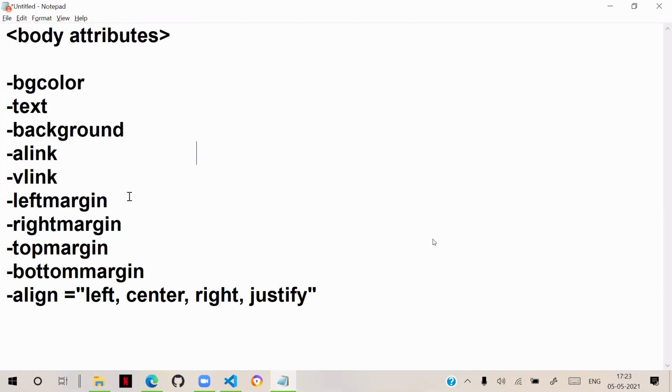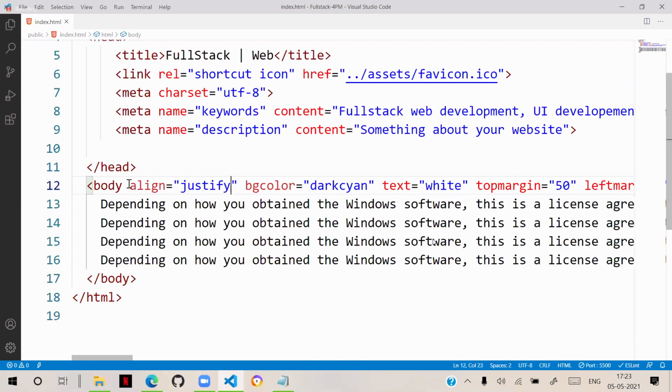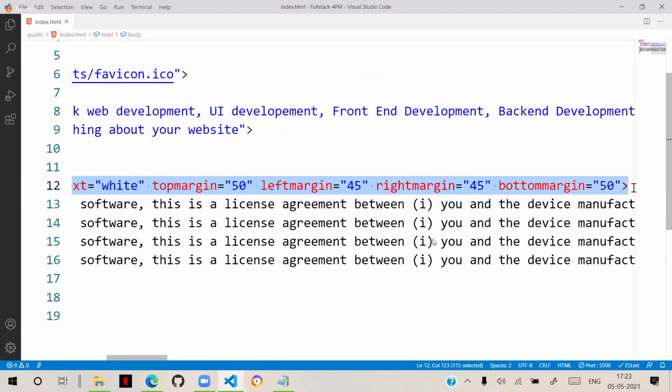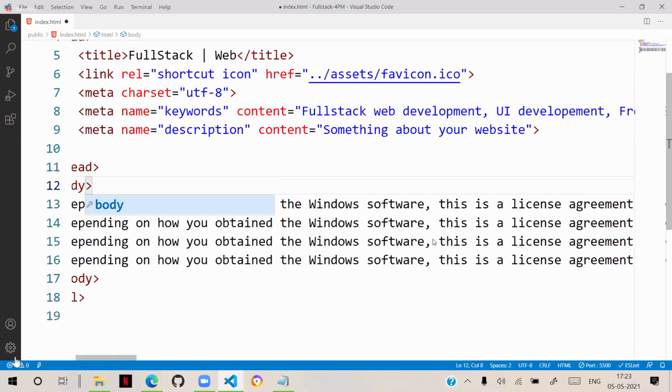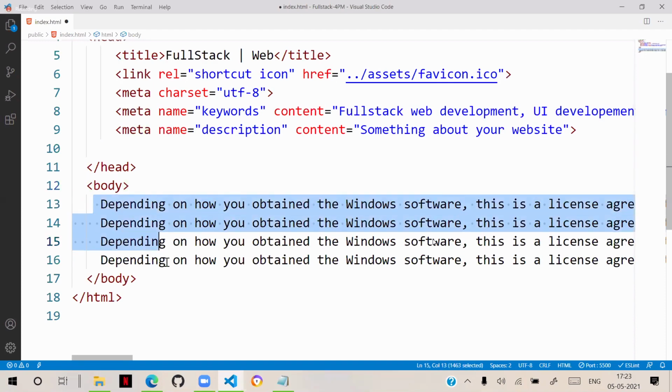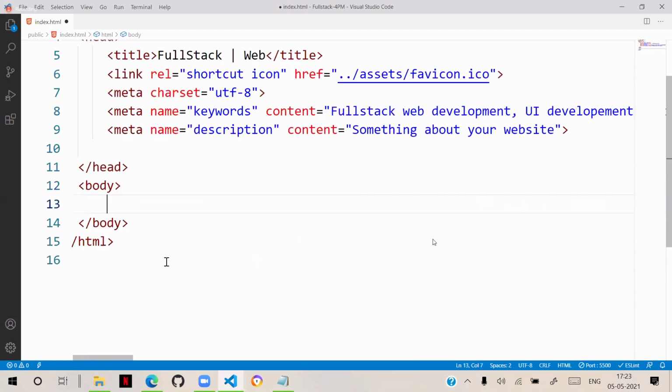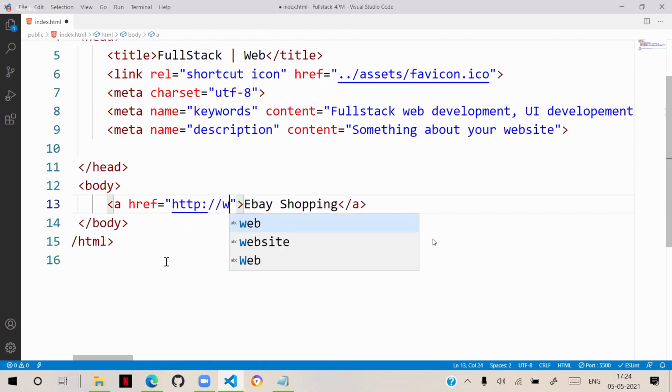Generally, in a website, we can have some links. Suppose, just temporarily for your understanding, I will remove all this, and here I will create some links. You see here, links are designed with anchor. So this is like some eBay shopping, and the link has href equal to http://www.ebay.in.